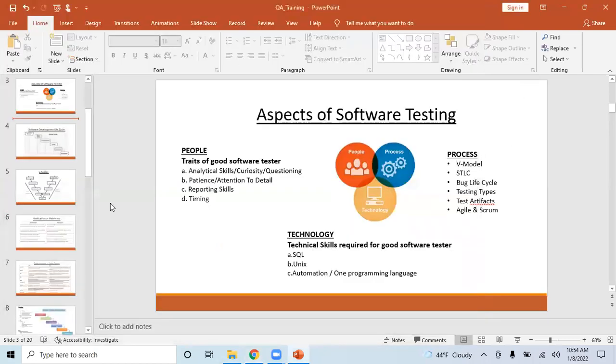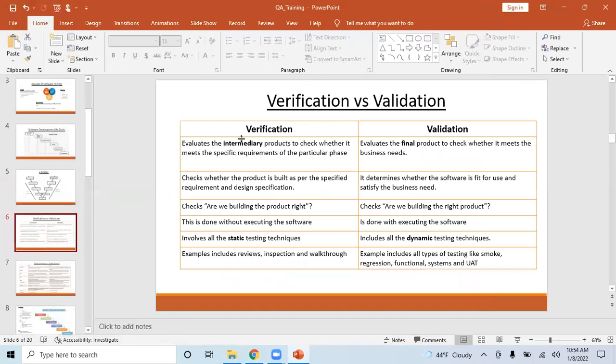So verification doesn't check whether you're building the right product. It checks whether you're building the product right. There is a very, very subtle difference. Don't get confused. When I say product right, you're following the correct process. And validation checks whether you are building the right product.